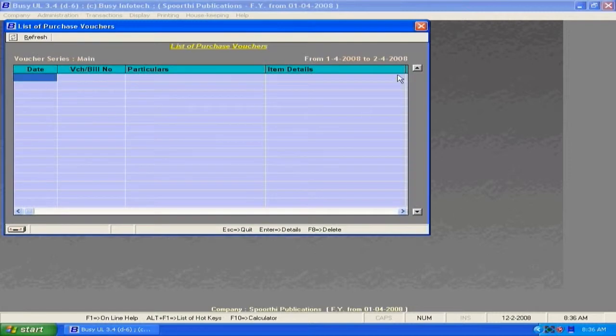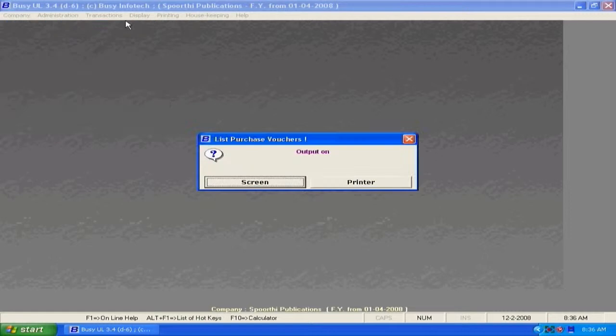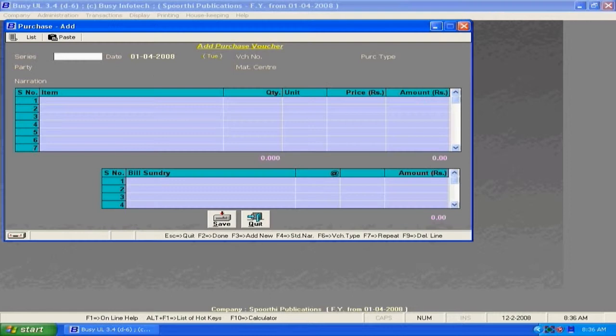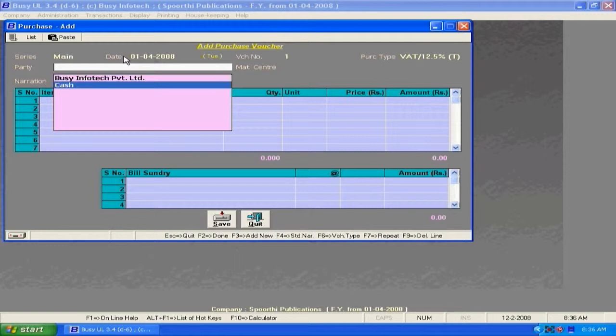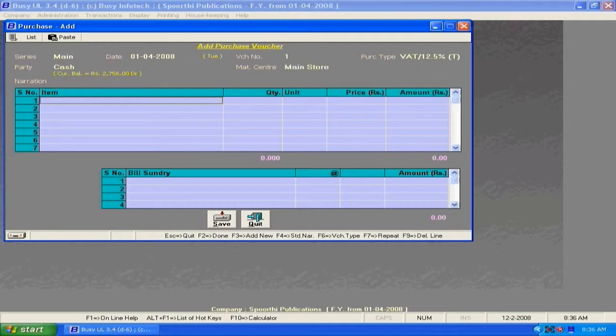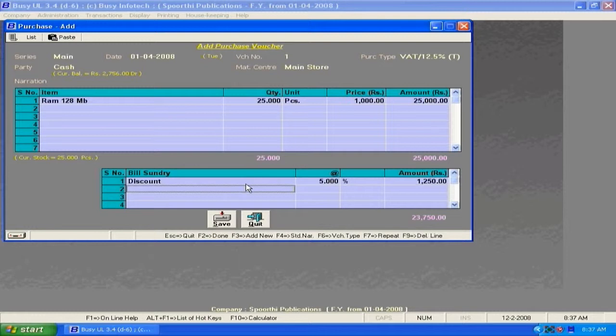If you want to add purchase voucher, click on add, which pops up this window where you need to enter series, date of purchase, voucher number, purchase type, party, cash or credit, narration, items purchased, quantity, price, amount, and bill sundries. Finally, save the purchase voucher.